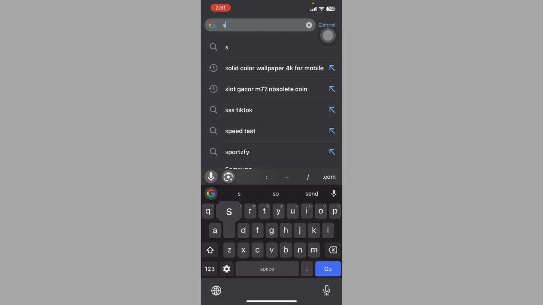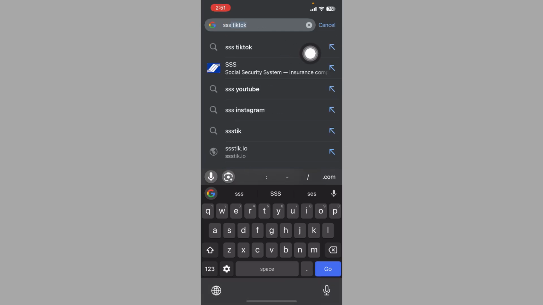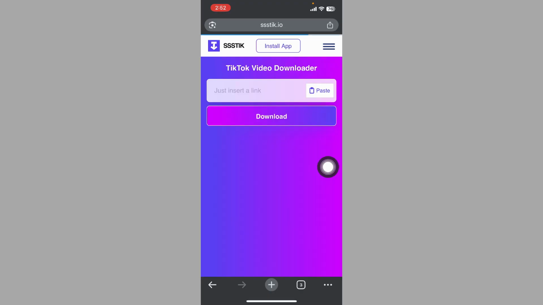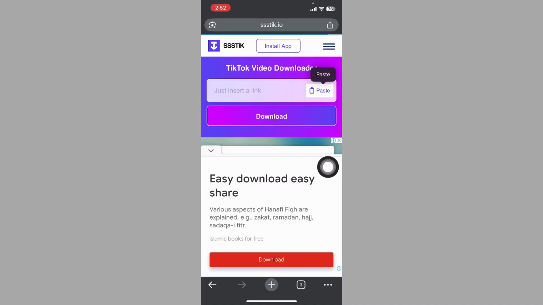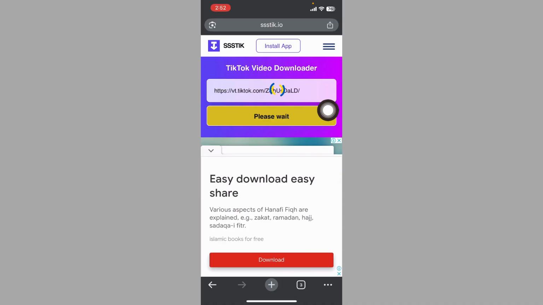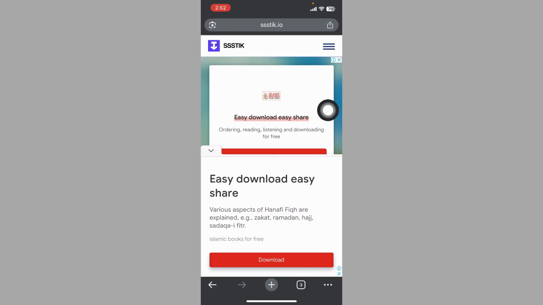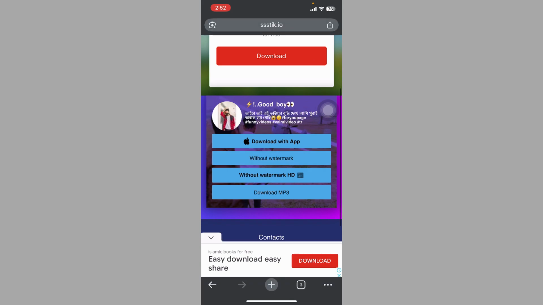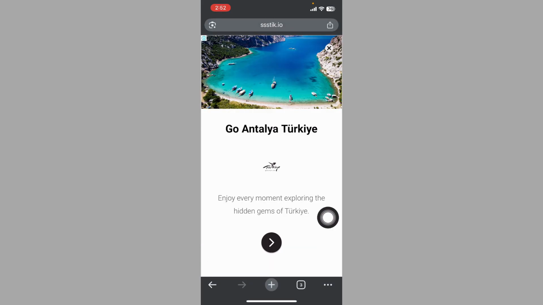and search on SSS TikTok. Okay, click on this website and paste your link, then tap on download. Okay, click on without watermark. Okay,